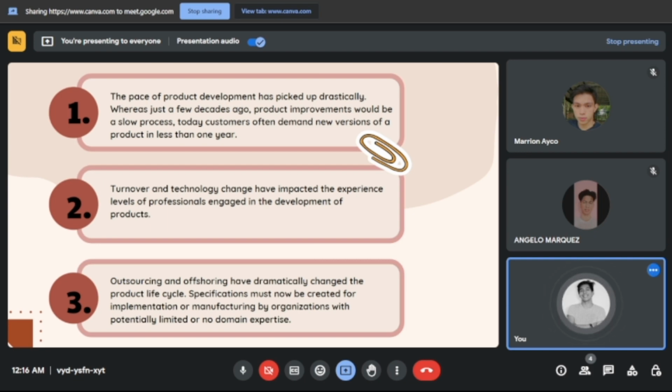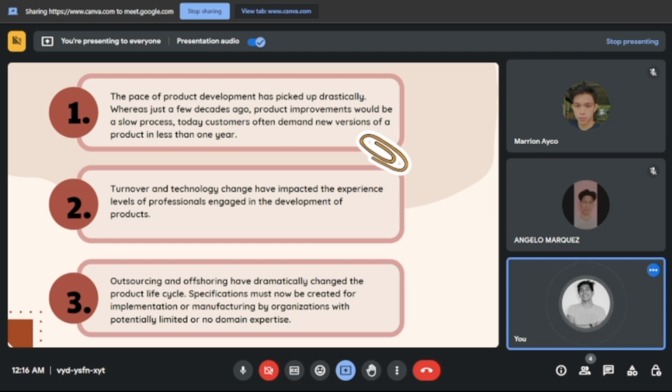So basically, they outsource to Taiwan, Japan, even China, to produce that microchip with the same quality. However, sometimes, because we outsourced or offshored our product, the quality is sometimes questionable